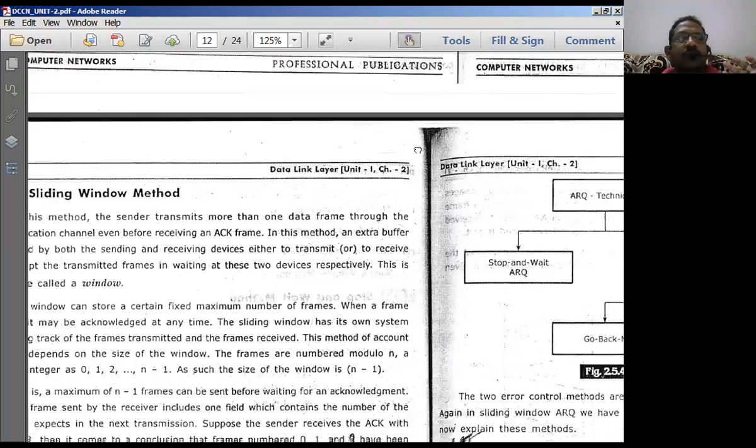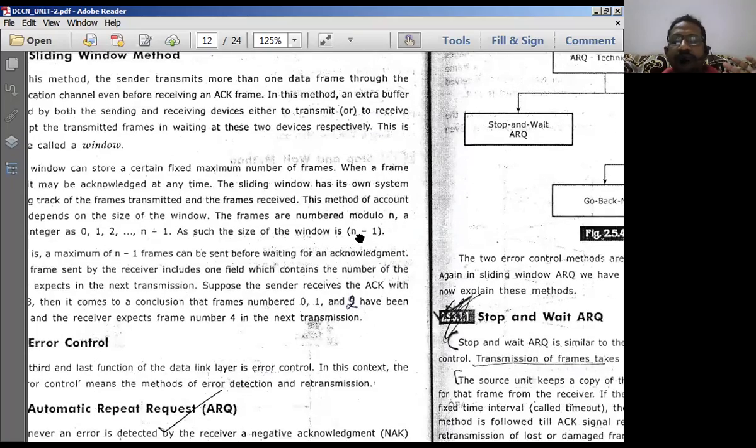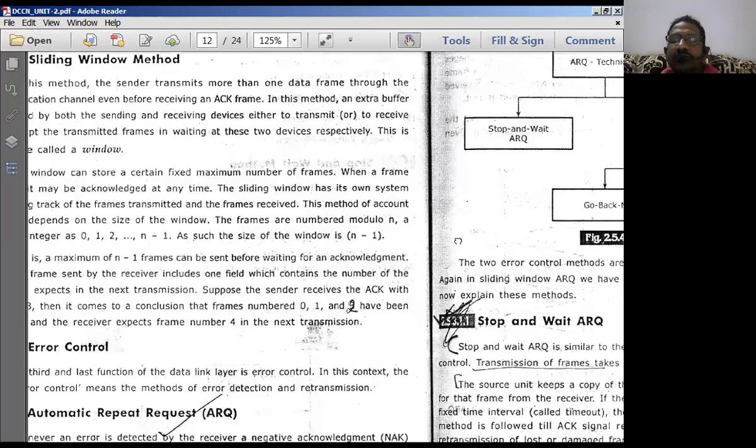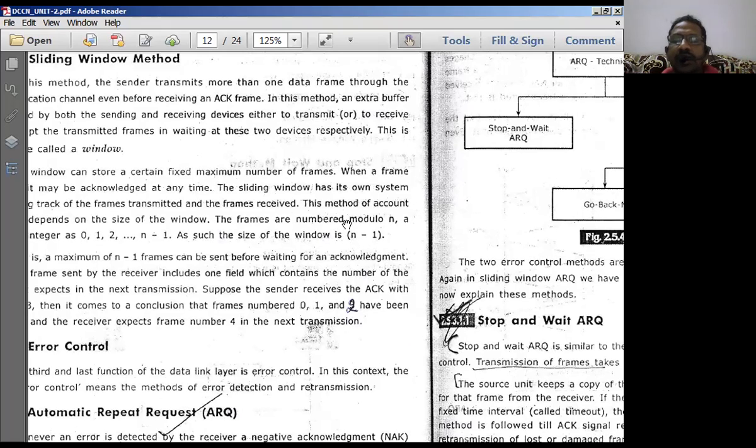Another flow control method is called the sliding window method. What is the meaning of sliding window? The source computer and the destination computer maintain some buffer registers of limited size, say 8 frames.